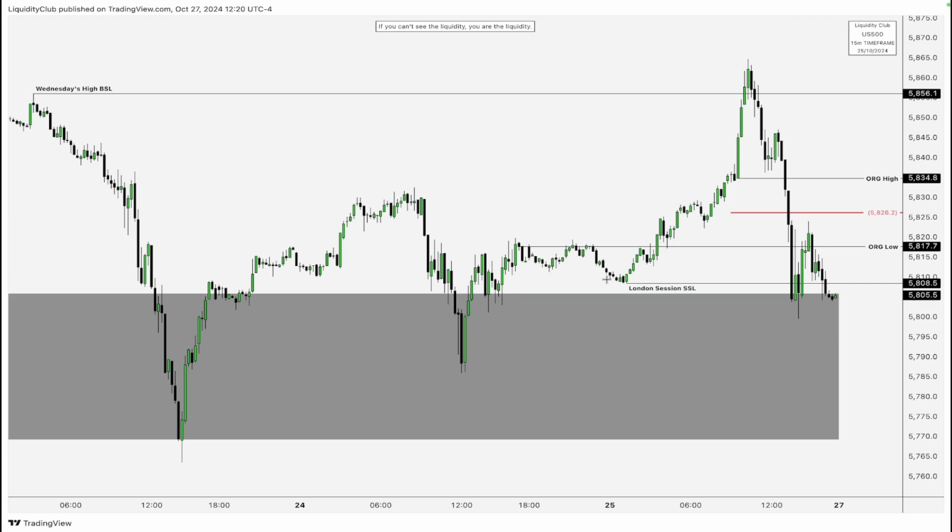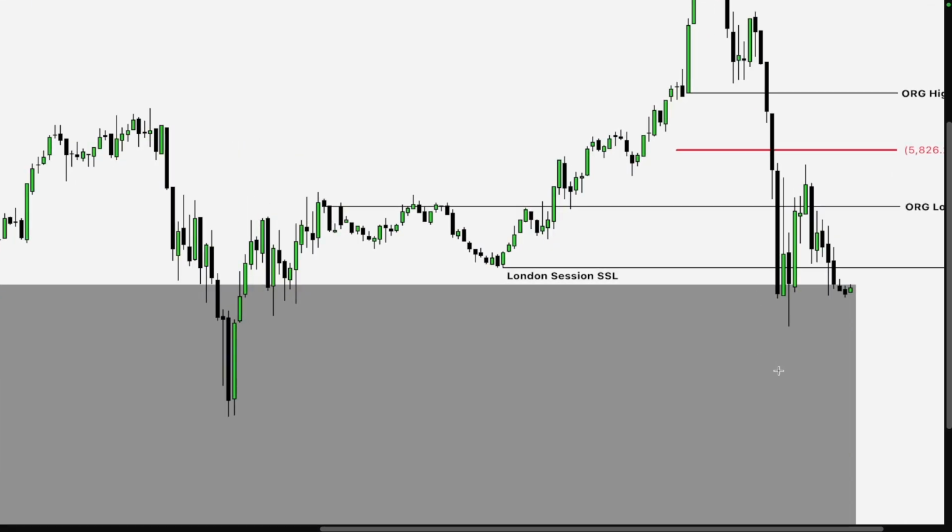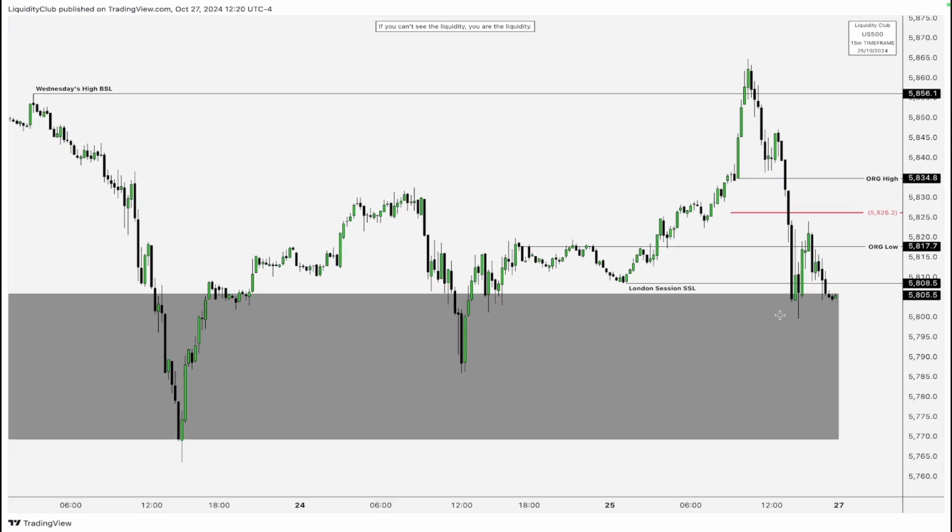If price would have a runner, we have the weekly fair value gap that I've mentioned or drew your attention towards on the weekly time frame chart. So if people have missed or skipped looking at the weekly time frame chart, this movement right there would have just gone over their head because they're not aware of why the market is reaching towards this level. But for us, as I'm trying here to break down this trade, I'm trying to keep you informed of why the market is extending below the sell side liquidity